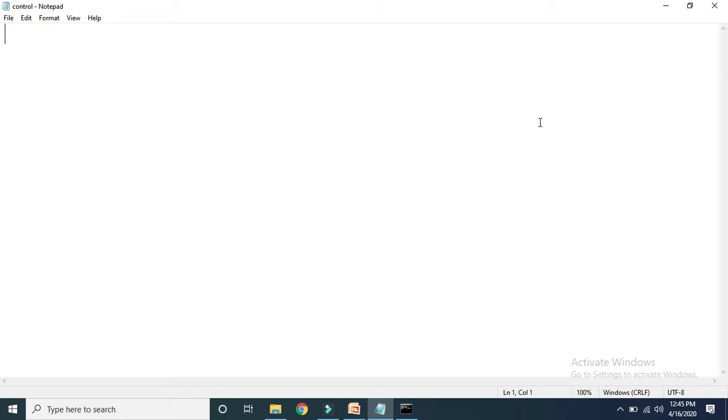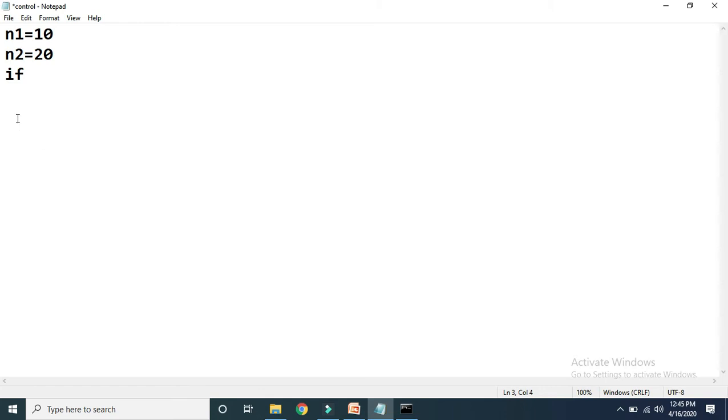Now, suppose in the program I want to define two variables. How to define a variable? We can define it in this way. Here I am defining one variable n1 and I have assigned the value 10, and for n2 I just assign the value 20. Now, after defining these two variables, we can use them in the program.